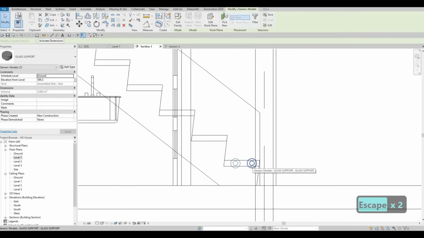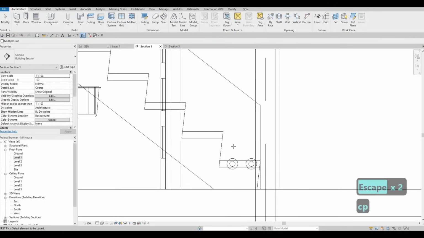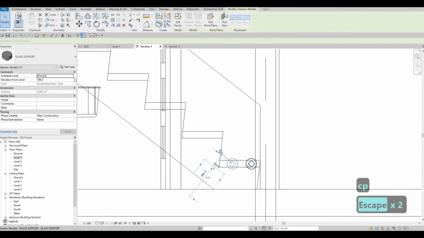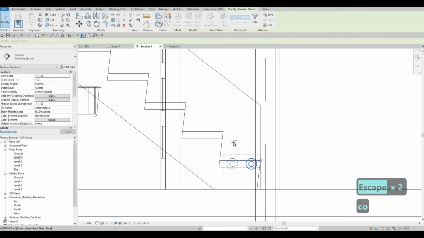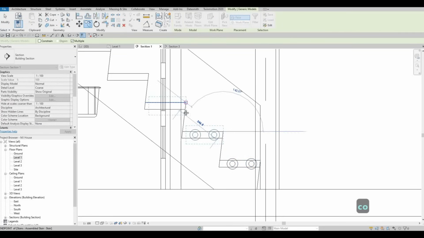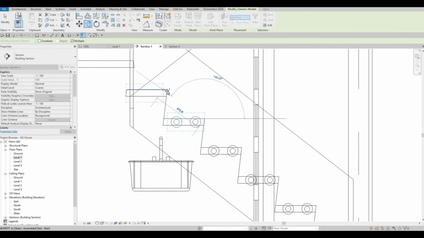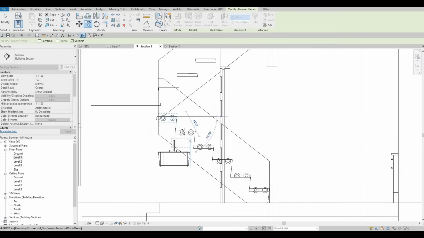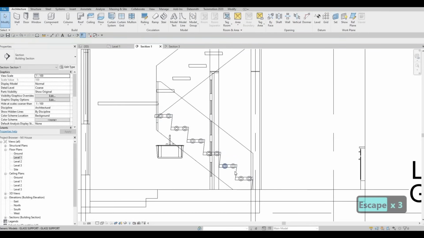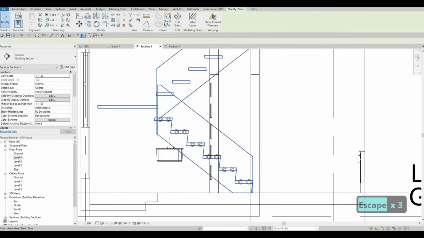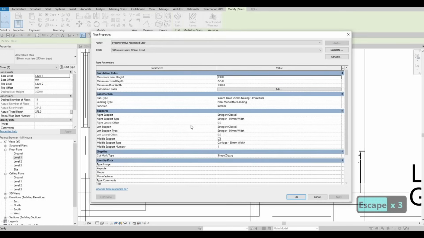And then now I'm gonna grab this, copy on both, CO, and place it right there. I don't want this one to be slanted, so I'm gonna select that, edit. So I'm gonna make sure to check the run,